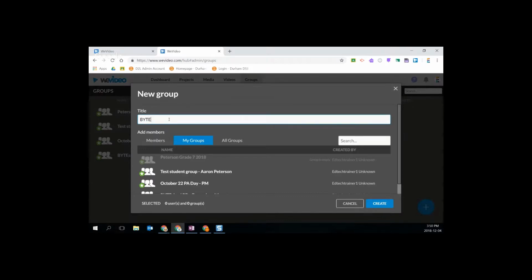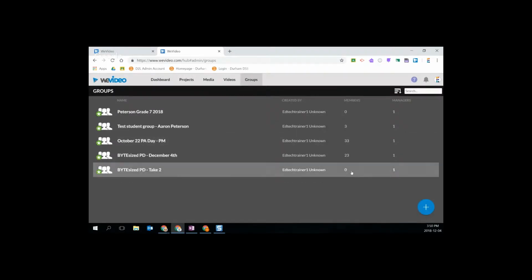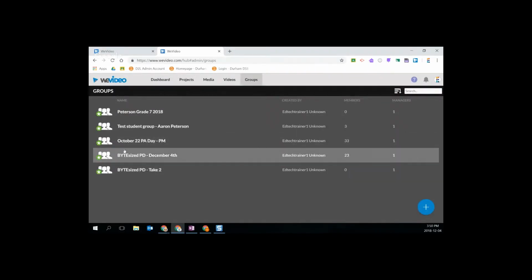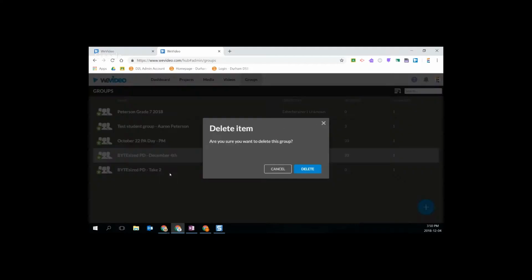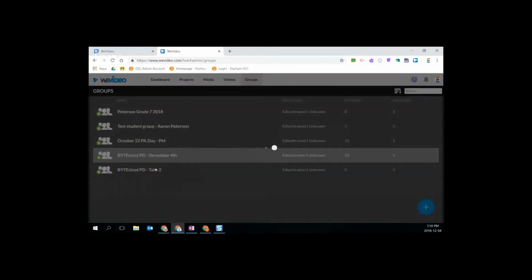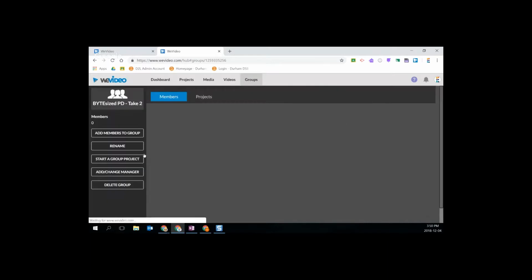So if I'm creating it from blank, BYTEsized PD 2, I'm going to create that with no users and no groups, and that's what I want to see. So no members in there at all. Okay, this one I'm just going to get rid of. Right click and delete a group at any time, and you can get rid of that. So I've got BYTEsized PD. There's my group right there. And once this is finished deleting the other group, I can double click that